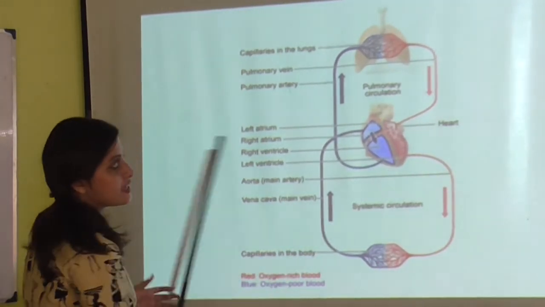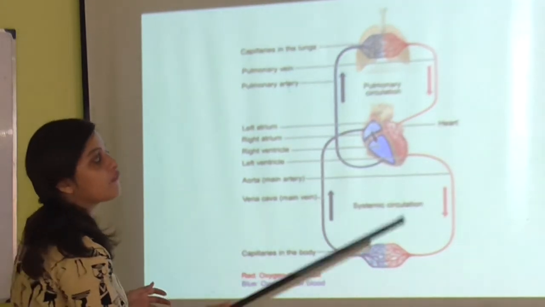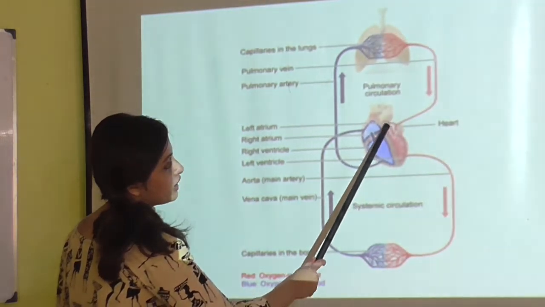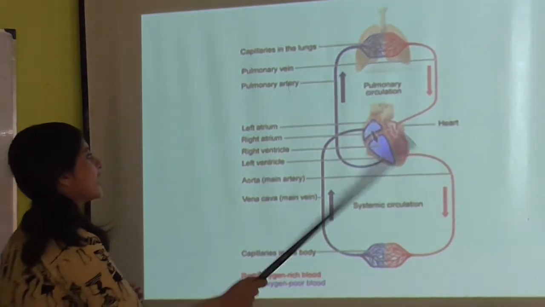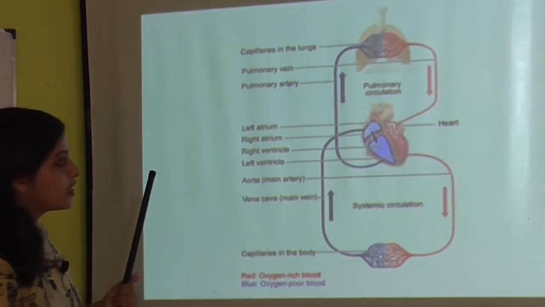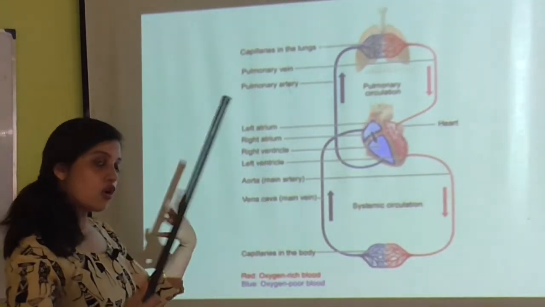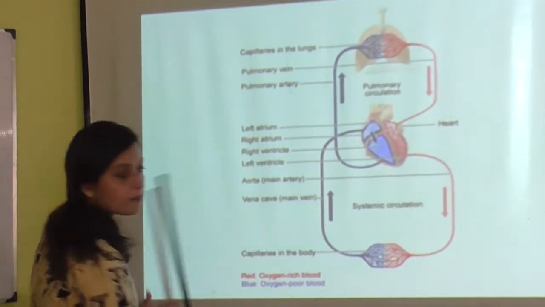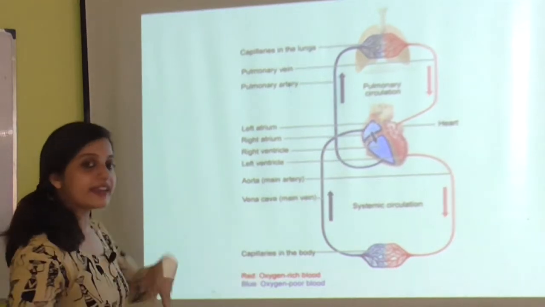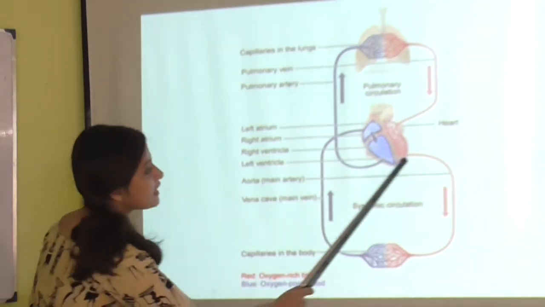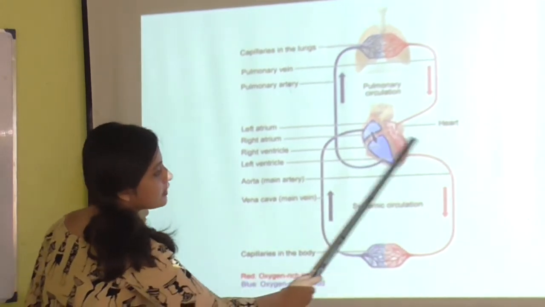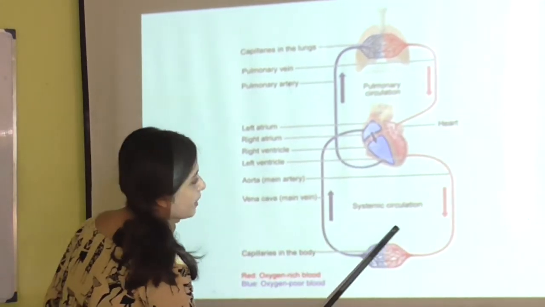This is the pulmonary circulation, and after filtration, as we have just studied, it is coming back to the heart, then it is going to the left auricle and ventricle, to the aorta and to the rest of the body. When the blood goes from the heart to the rest of your tissue, then again it goes back to your heart carrying the deoxygenated blood. This circulation from heart to tissue, then again back to heart, is systemic circulation.